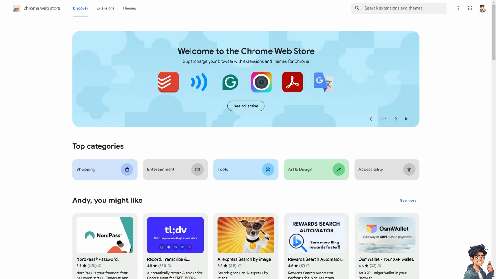Now, importing data from Google Chrome to Opera GX allows for a smooth transition between browsers, ensuring that bookmarks, passwords, and browsing history are readily available without manual import. Now, by importing data, users can maintain a consistent browsing experience across different browsers, accessing their favorite websites and login